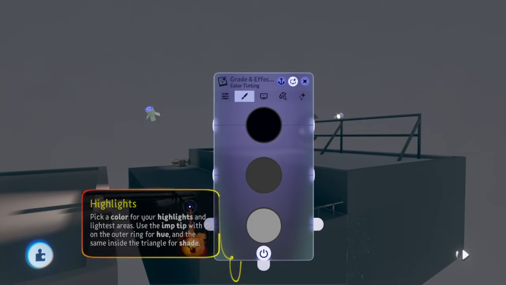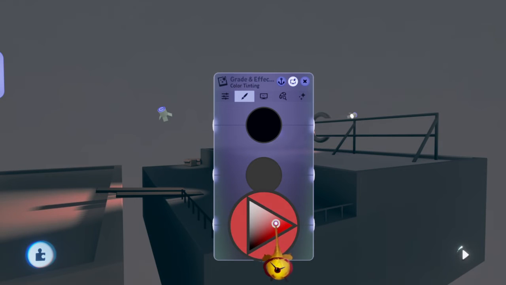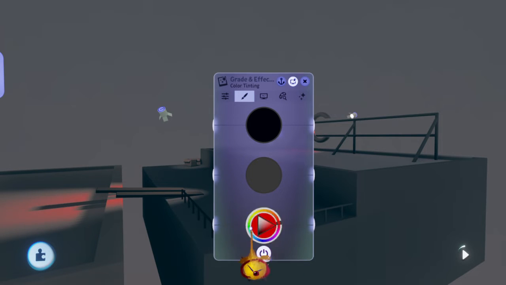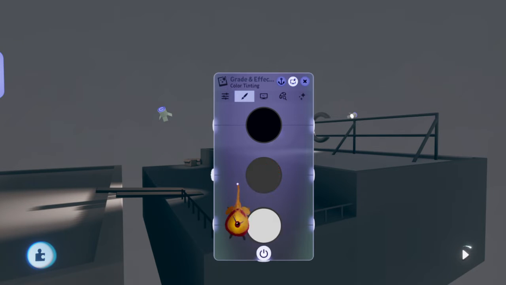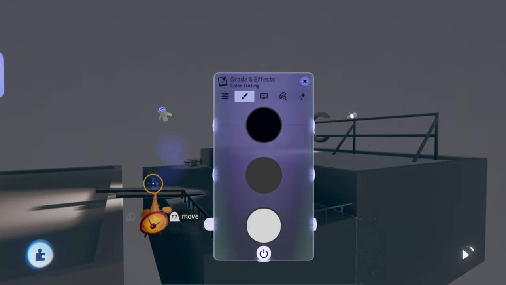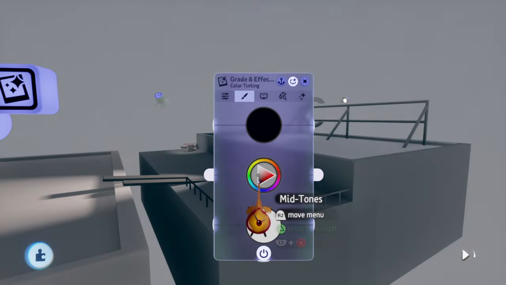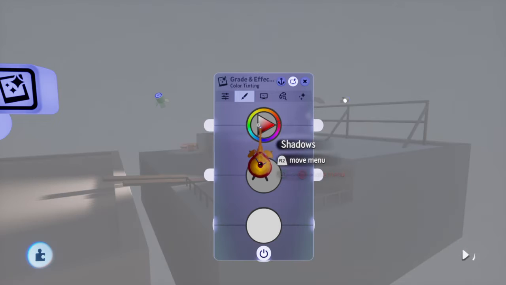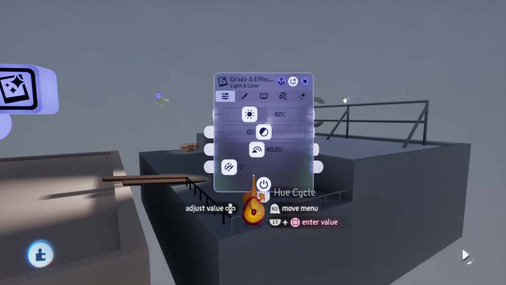Highlights, this is basically anything that has a light on it. So if I change the light, there you go. So for highlights, since I want more realism, I'm going to bring the highlights all the way up to white. This makes my lights more white and brighter. And I'm just gonna put these back to normal. Alright, so